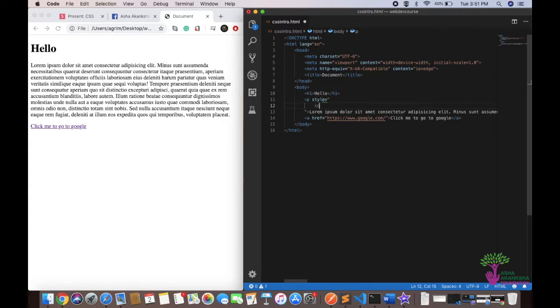So here I could do something like color red. Now again, this is just inside the paragraph, so that's why the paragraphs get selected by default. This is something simple, right? If I take this back,